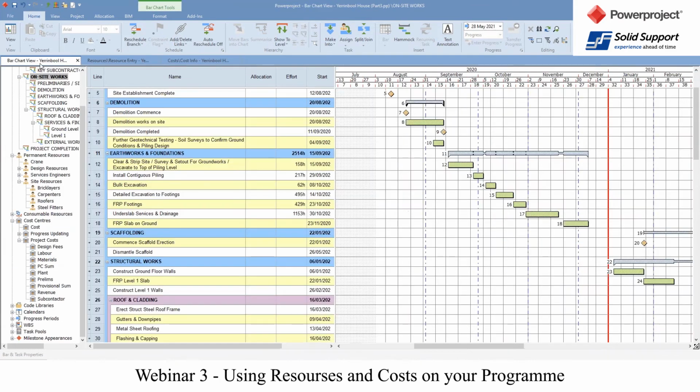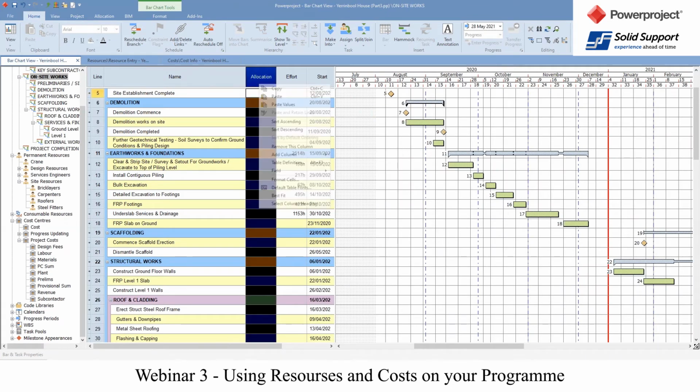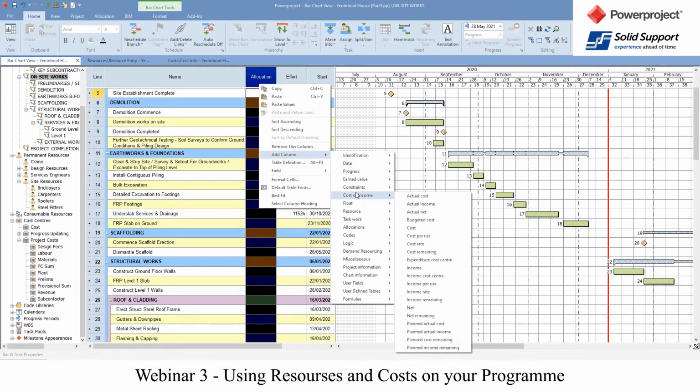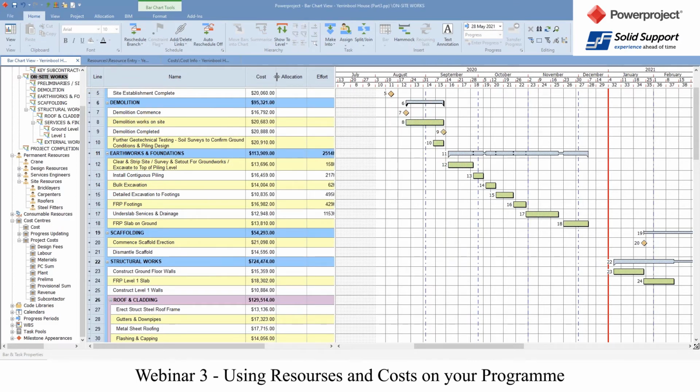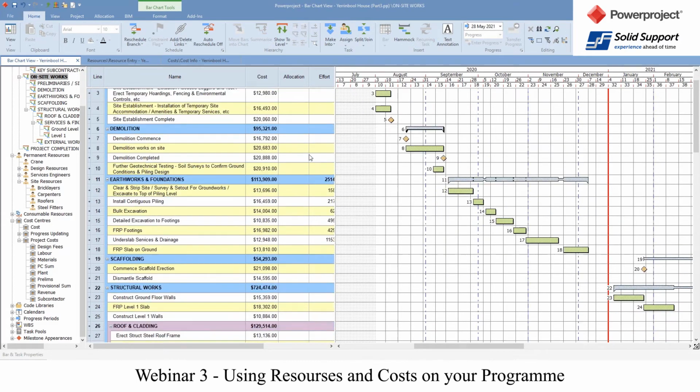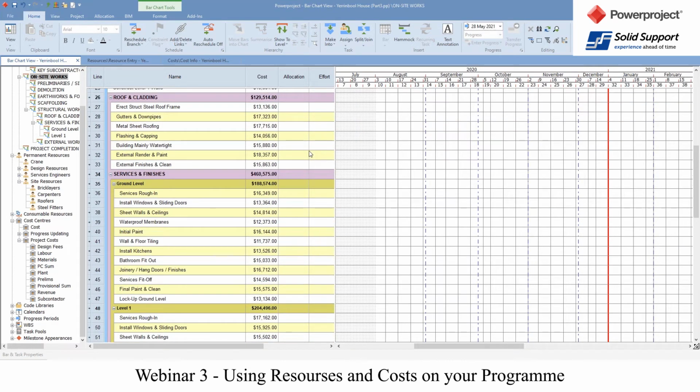And if I go back to my project and add a cost column in here, there are my costs for each of my stages. Some of those might be fixed, some of them may be assigned at the very high level, some may